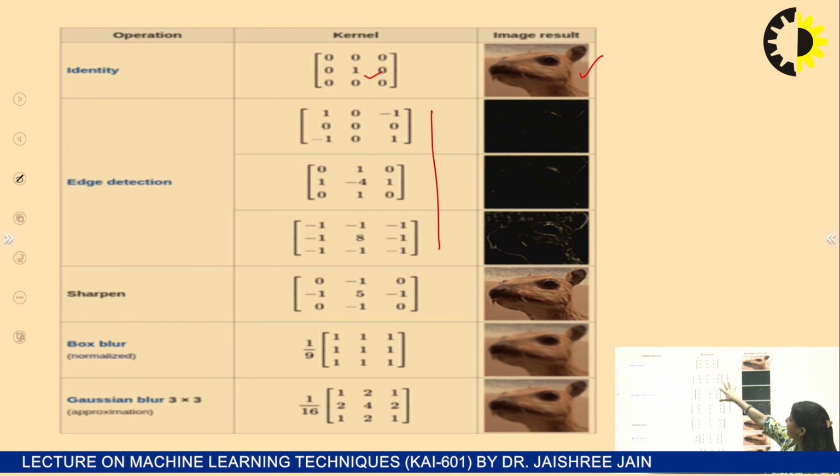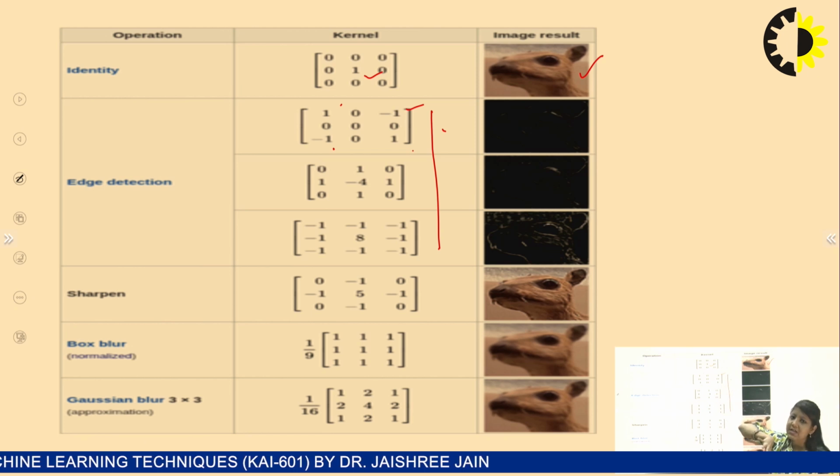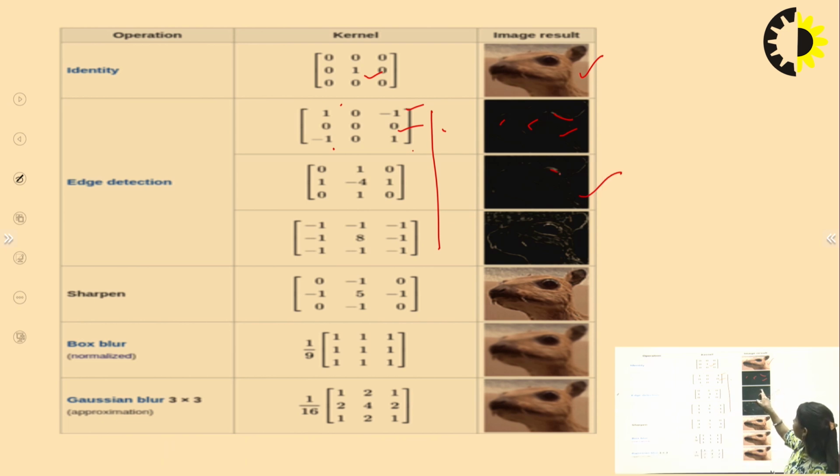After applying this filter, the corner pixels are -1, -1, 1 and 1, meaning these pixels have gray and black values. So all the values will become 0, meaning the picture will be converted into a black image, and these are the white highlights in between. Here we have the highlights. Now here we have the fine edges, because we applied the higher value in the center, 8. So we have highlighted the image edges.